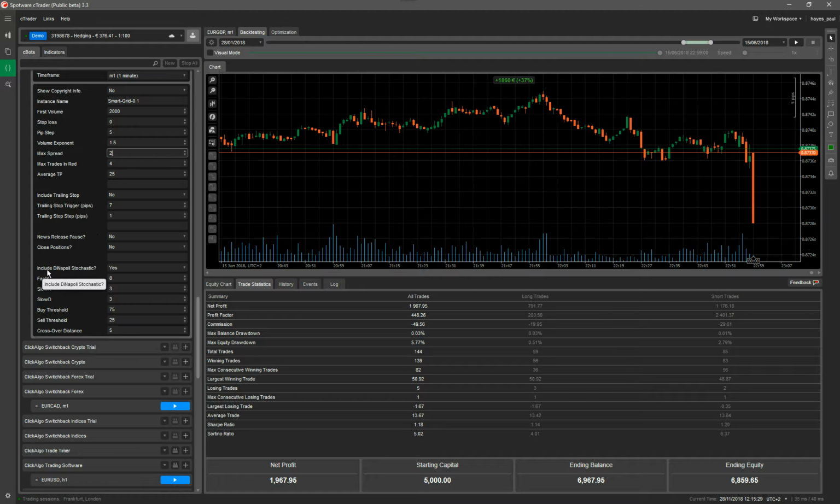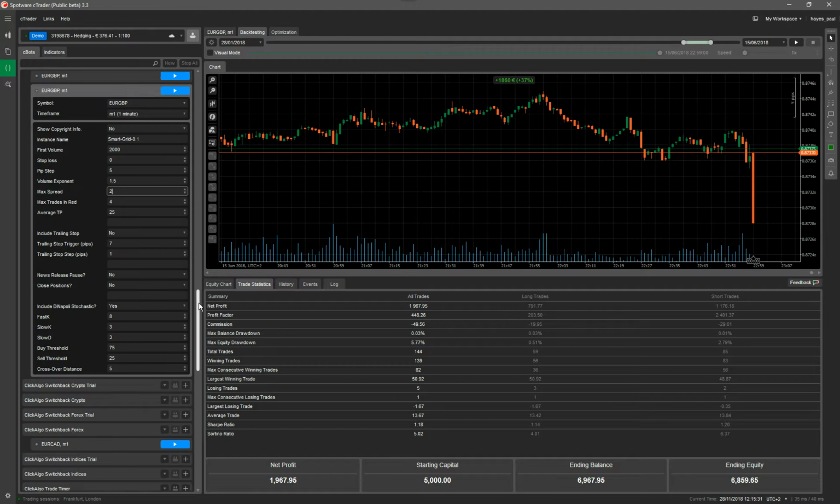Now the next feature, which is probably the most important feature, is the DNAPLI stochastic. Now we built a customized version of this DNAPLI. Okay, it's a very good indicator. It's probably one of the best indicators I've ever seen for determining trend or changing direction. Now, this is used